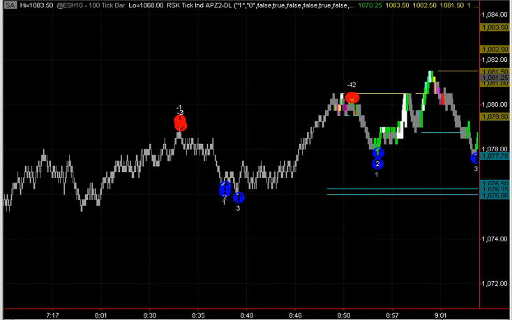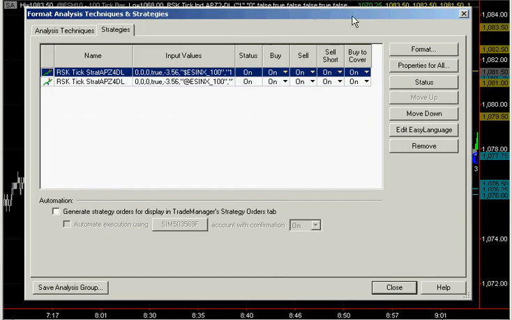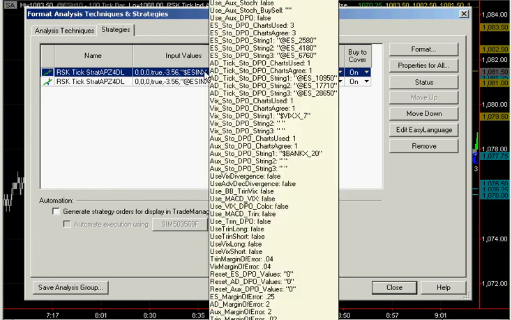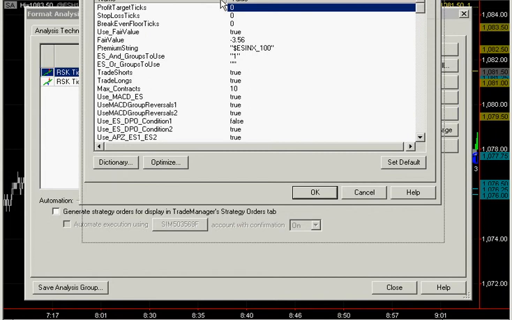Yeah, here we have an example of live zone trading. And what we did in this particular case, let's look at the strategy setup. And you'll notice how we have things arranged. Now I have a couple of different strategies in here just to run a comparison. The strategy that's firing off,